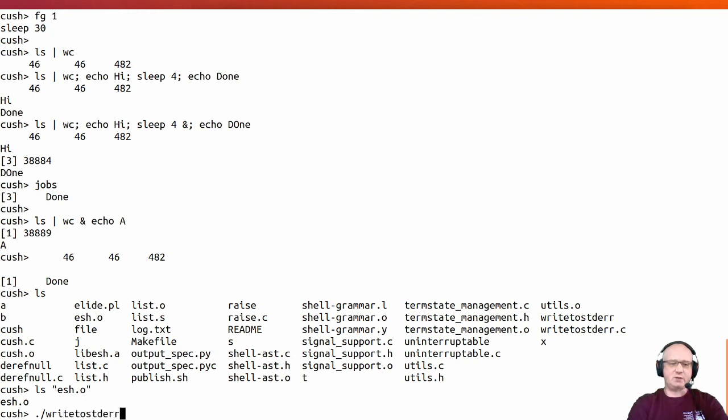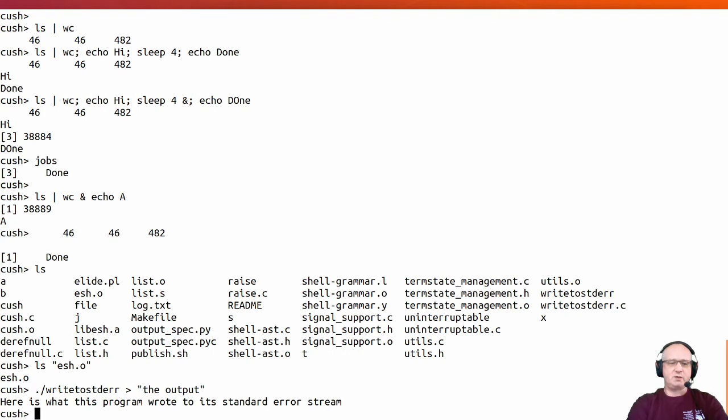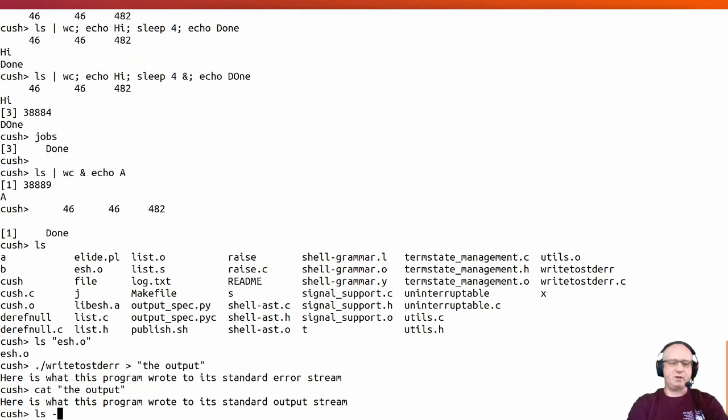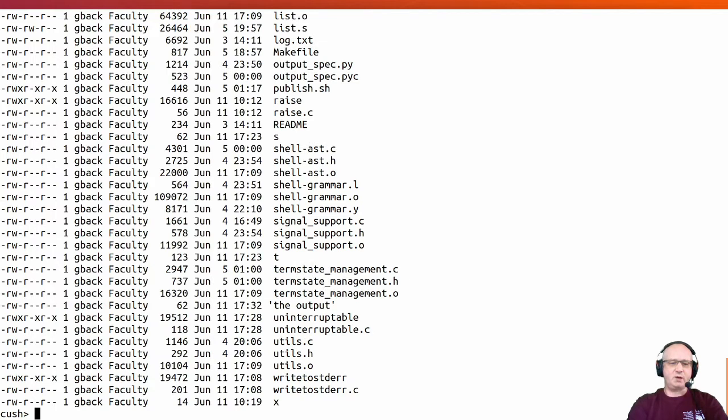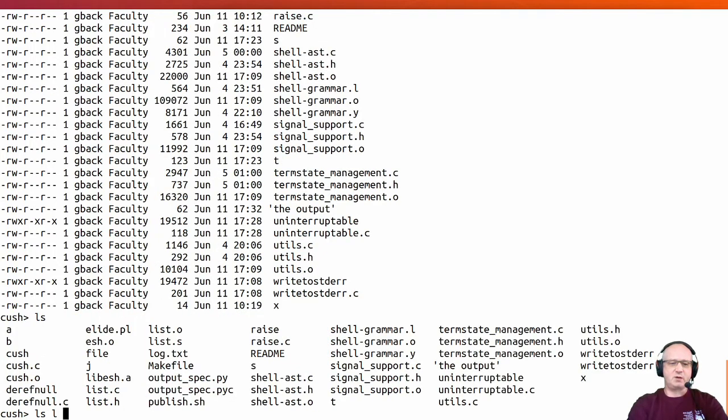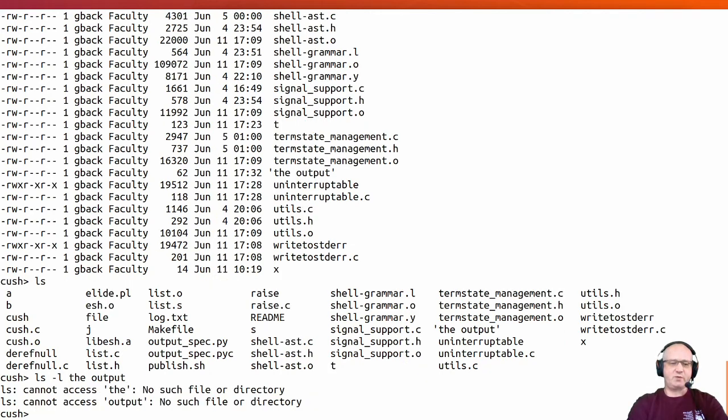So for example, what I can say is, the output, if I type it correctly, then the standard output of this file will be in here. And so if I do this, then we can see indeed that this file now has